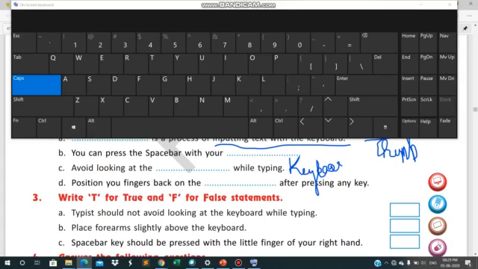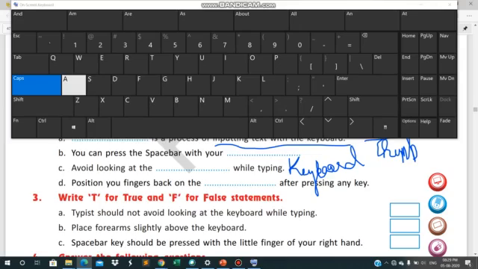Okay, now next is: position your fingers back on the dash. We should position our fingers back on the home keys, this A to L row. Here we should position our fingers back when we are done with typing.